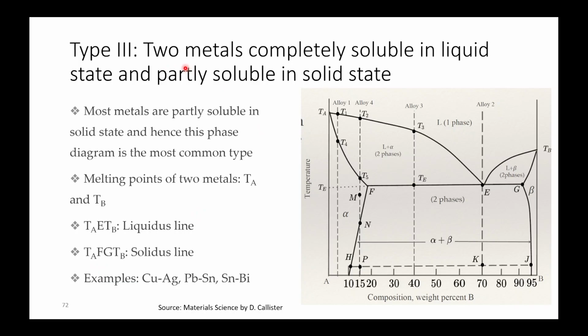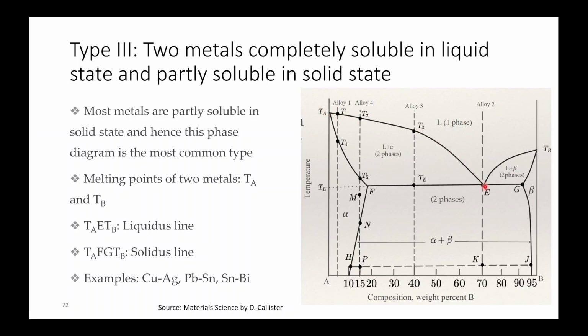Type 3 is eutectic reaction with partial solid solubility. Now two metals are completely soluble in the liquid state and partly soluble in the solid state. Most metals are partly soluble in the solid state, hence this phase diagram is the most common type. Here